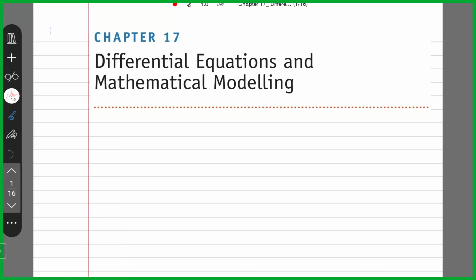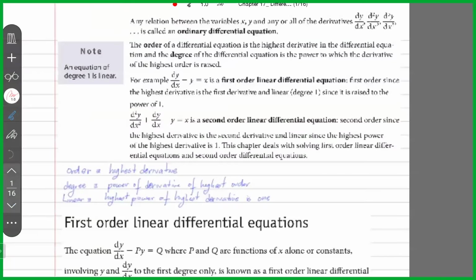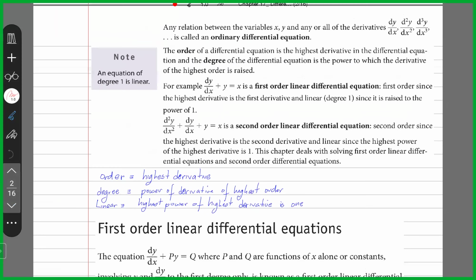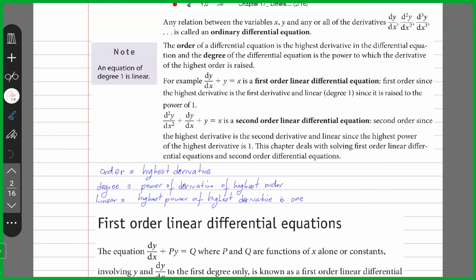All right, so today we're starting differential equation and mathematical modeling. Differential equation is chapter 17. All right, so here's how we start out. We'll start out by saying that